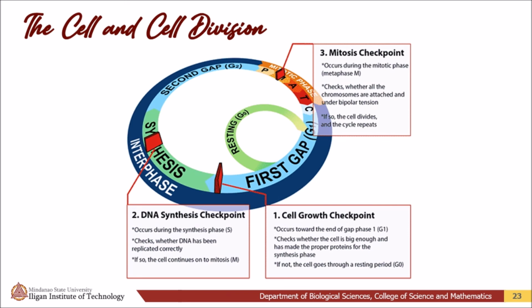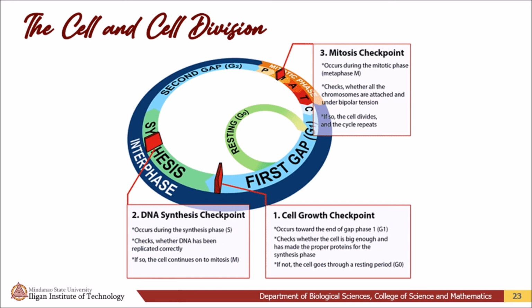At the G1, a cell checks whether internal and external conditions are right for division. Here are some of the factors a cell might assess. First, the size. Is the cell large enough to divide? Second, nutrients. Does the cell have enough energy reserves or available nutrients to divide? Third, molecular signals. Is the cell receiving positive cues, such as growth factors from neighbors? And lastly, DNA integrity. Is any of the DNA damaged?